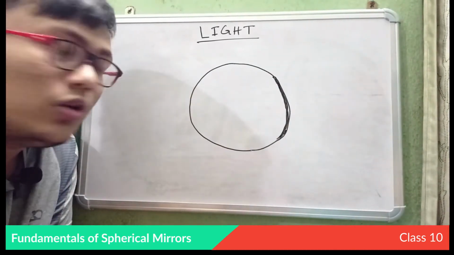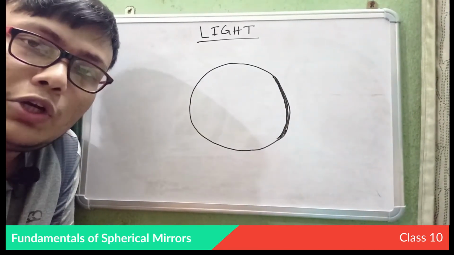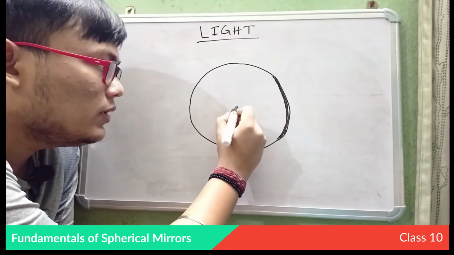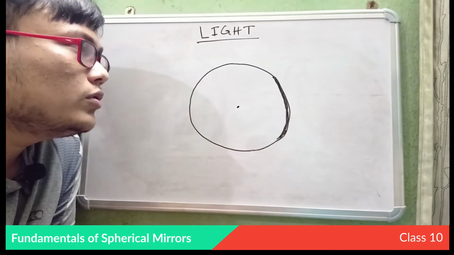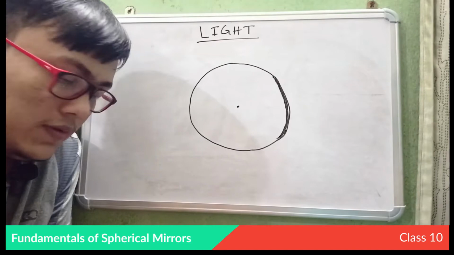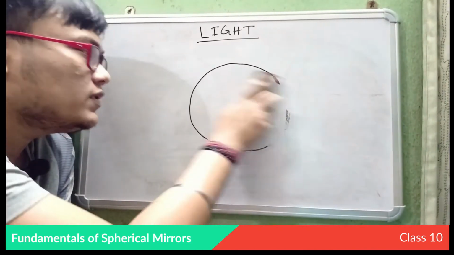A hollow sphere must contain a center, right? So let's say this is the center. If we remove this and draw just the mirror part,